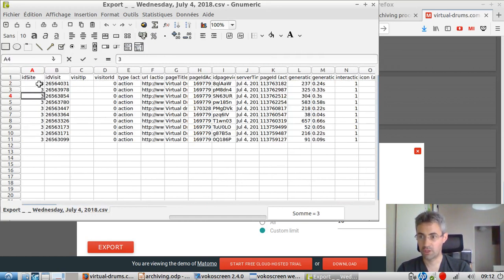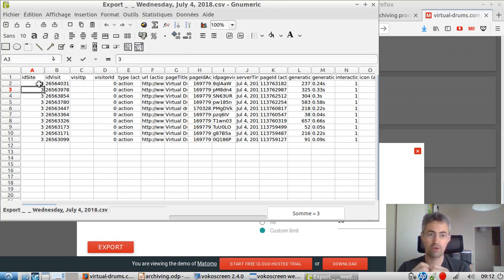So this is an example of 10 raw data entry lines which have been registered within Matomo Analytics. Those are raw data, so it's pretty fast to get them,